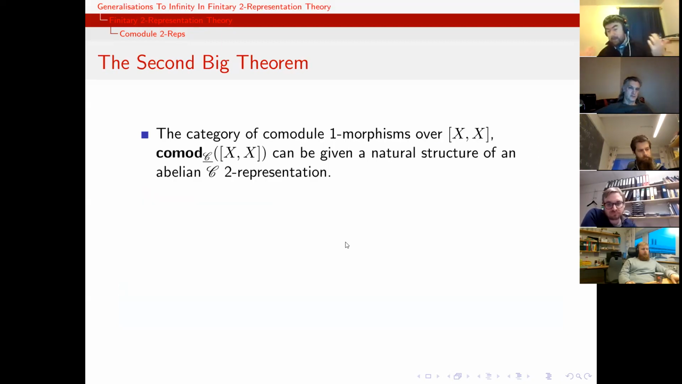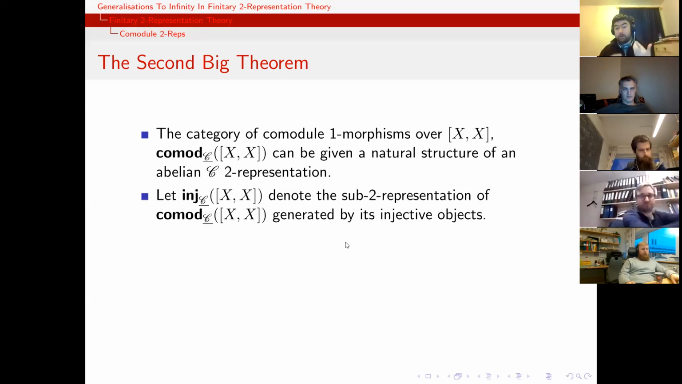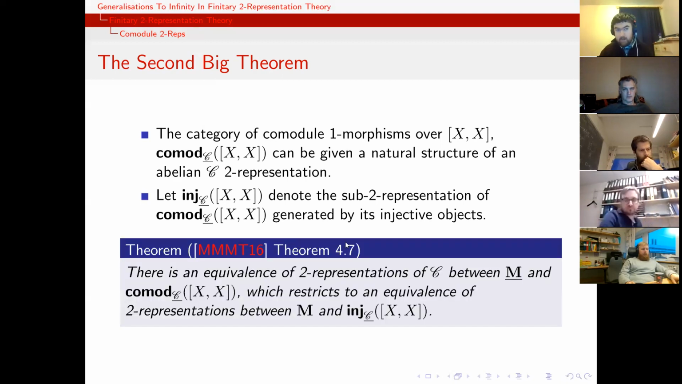And since this is a coalgebra, it has a category of co-module one morphisms over it, which we'll call comod of X comma X. And it turns out this has a natural structure of an abelian two representation, which you might not initially expect. It is quite nice. And then it also has a sub two representation generated by its injective objects, which we'll call inj of X comma X. And thus this leads us to the second big theorem from this paper by MMMT, which is that